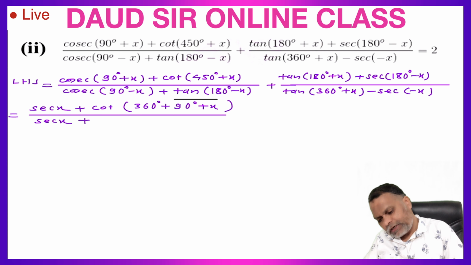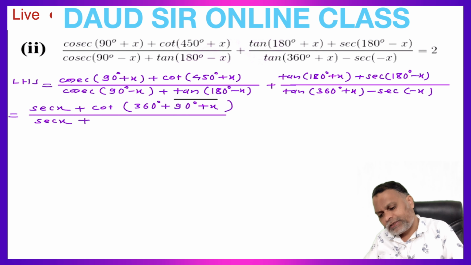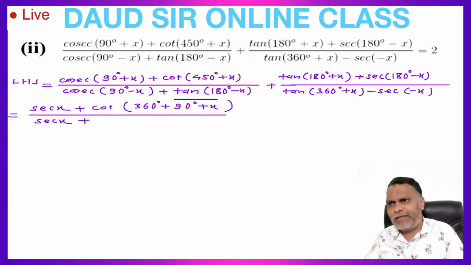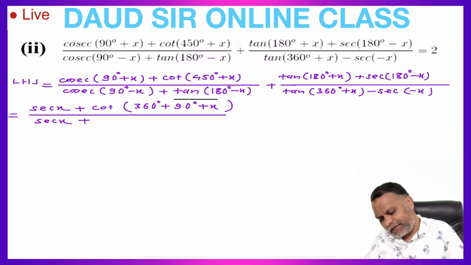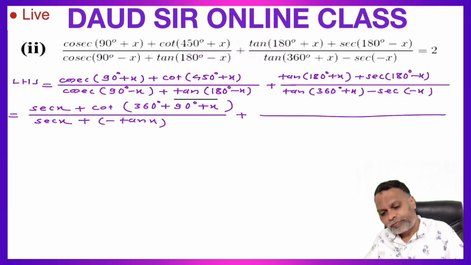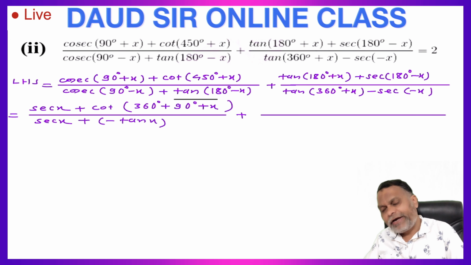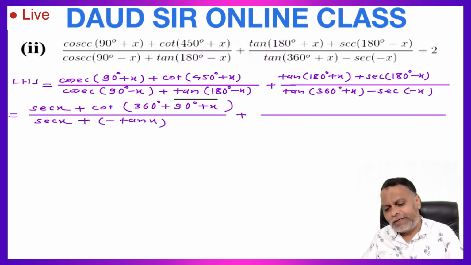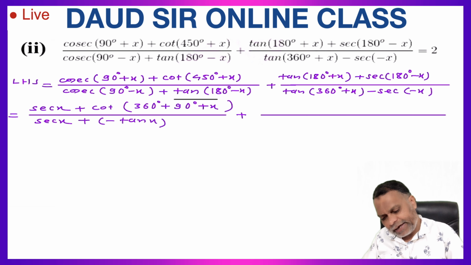plus tan 180 minus x. 180 minus theta lies in second quadrant. Second quadrant, sine is positive. This is tan. So minus. In case of 180, no change. Minus tan x plus tan 180 plus x. 180 plus theta lies in third quadrant. In third quadrant, tan is positive. This is tan, so plus sign. In case of 180, no change. So this is tan x